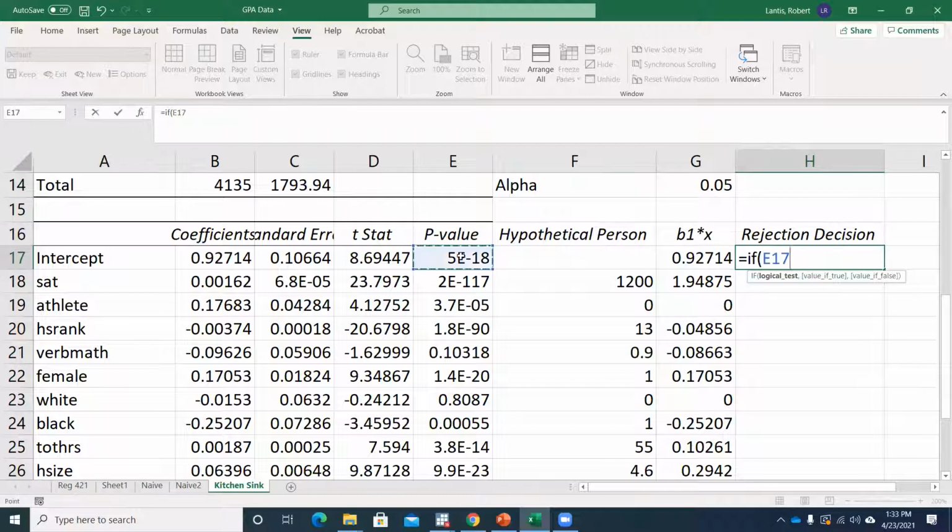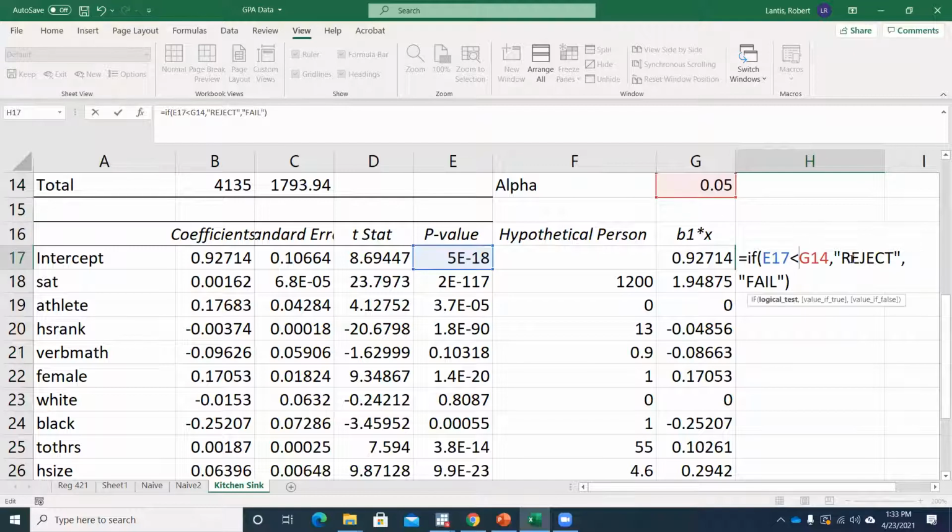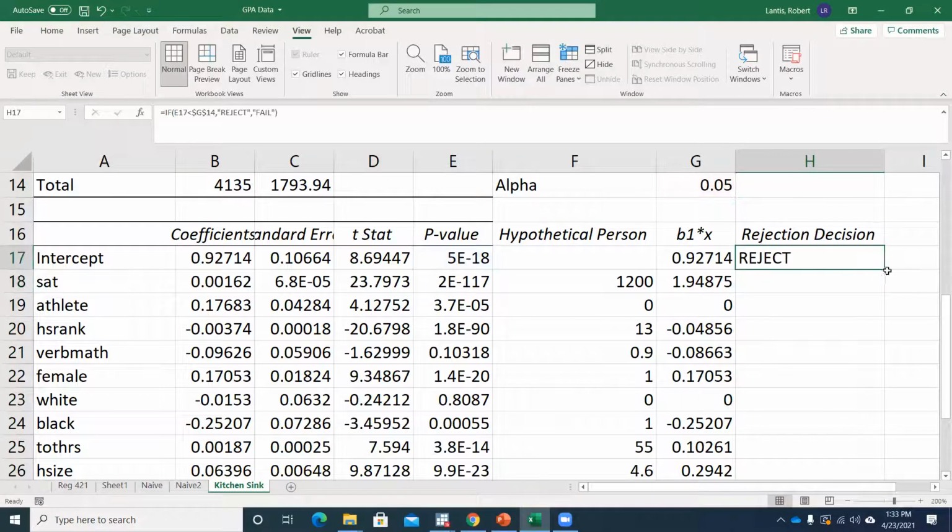So take that p-value. Is it less than the alpha I've chosen? Comma, if it is, put in the word reject. Comma, if it's not, put in the word fail. And I'll know that means fail to reject. Now, when I copy this down for every variable, I want to update the p-value, but the alpha value should keep staying the same, so I'll freeze that cell. So once I have this rejection decision in here,